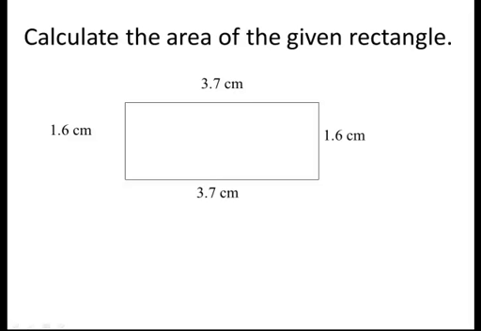Calculate the area of the given rectangle. We remember area is the space within a figure, and for a rectangle, area equals length times width. So for this rectangle, area equals 3.7 times 1.6. I'll perform that multiplication vertically,